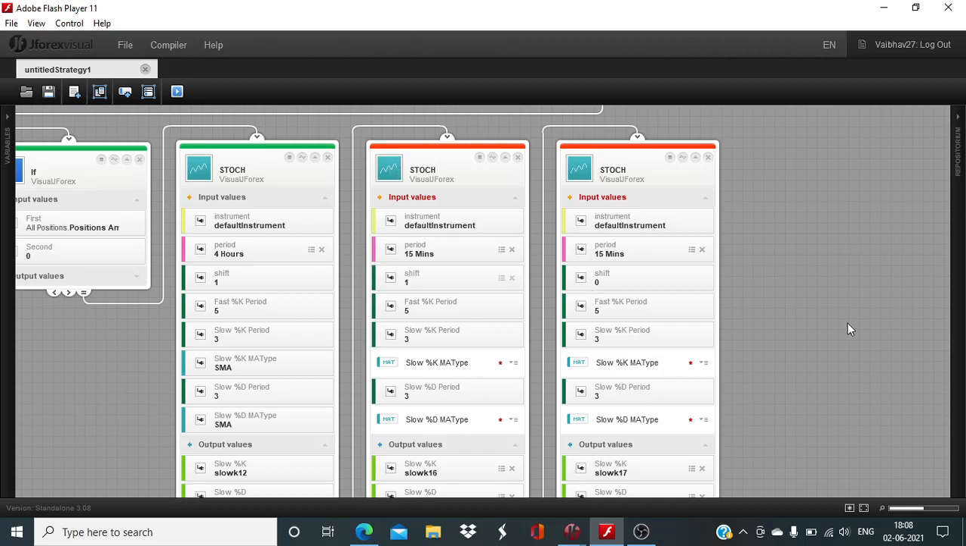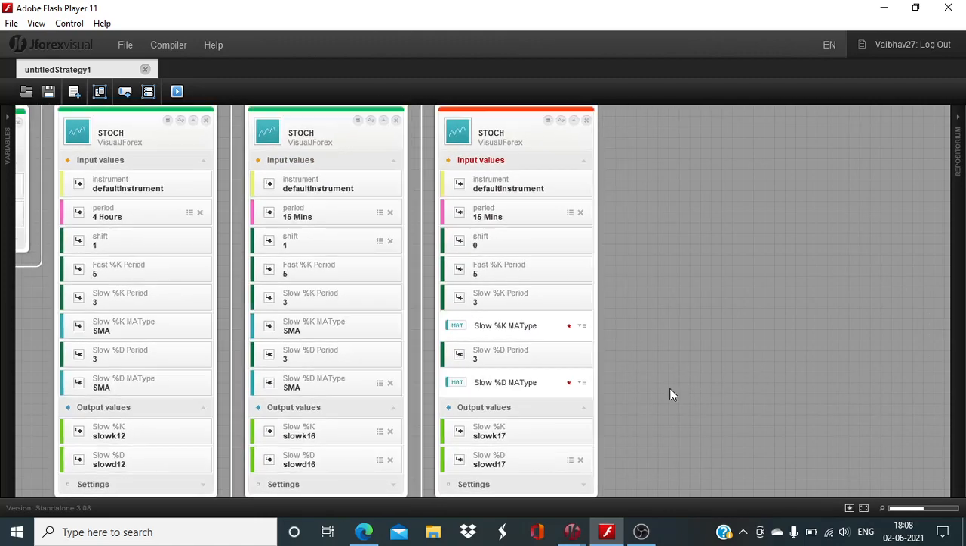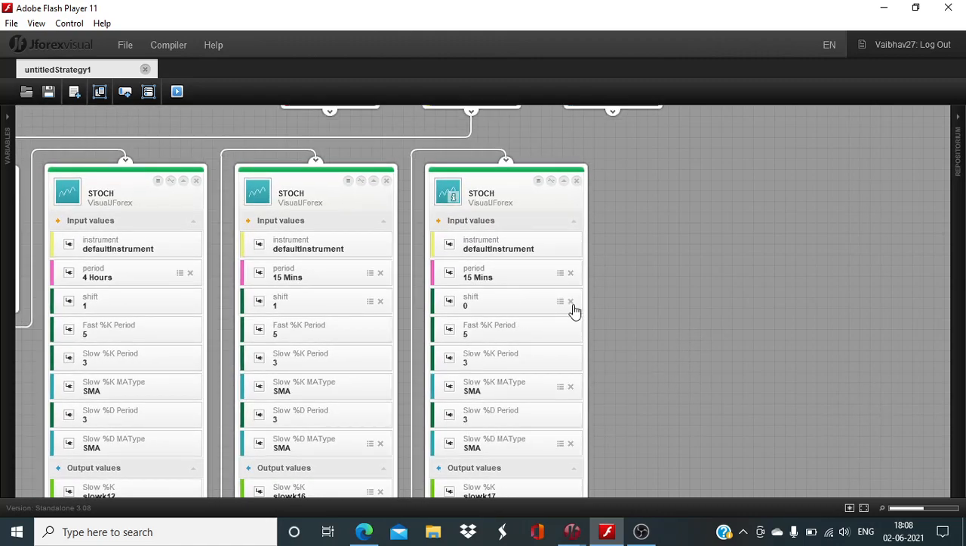Shift 1, moving average type SMA, again SMA, SMA, and here also SMA. Shift is going to be 2,